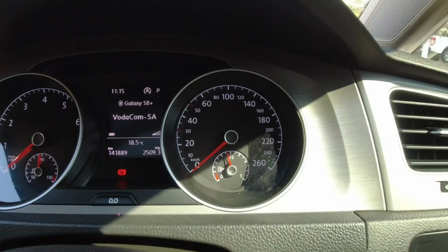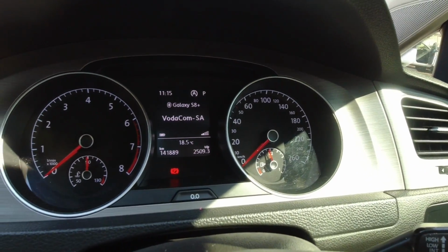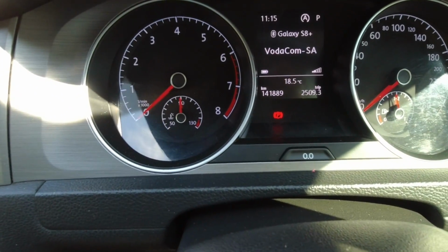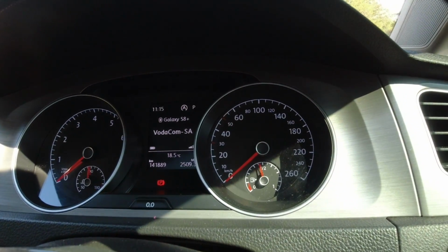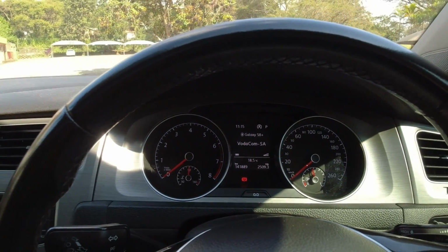So the protection for the two dials, that is the rev counter and the speedo, scratches so easily. You'd need a really soft cloth or something to wipe it off, because it catches dust so easily. And you try to wipe it and it just scratches so easily. That's one small thing. Secondly, that is